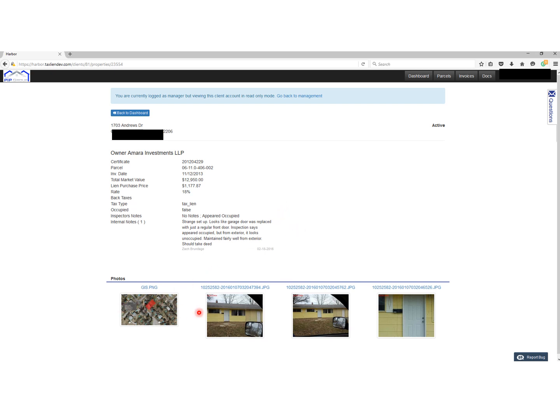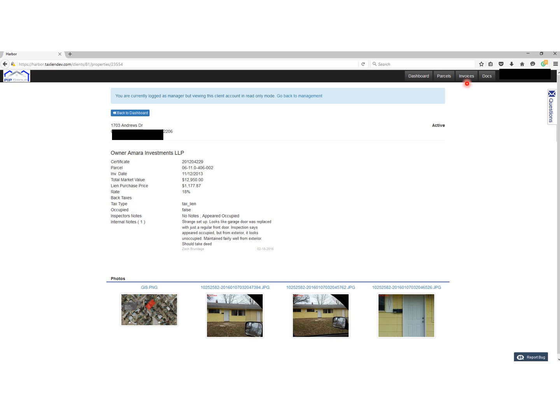So as you can see on this particular property, you've got the aerial and then a couple of the properties themselves. And in a lot of cases, what we ask them to do is take a picture of the actual house number, so we can confirm that they're taking the pictures of the right properties. And as you can see again, you can continue throughout this entire platform to ask questions or report bugs.